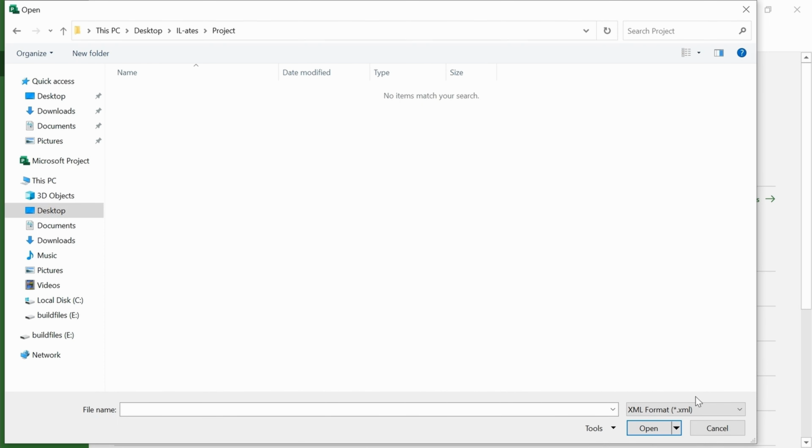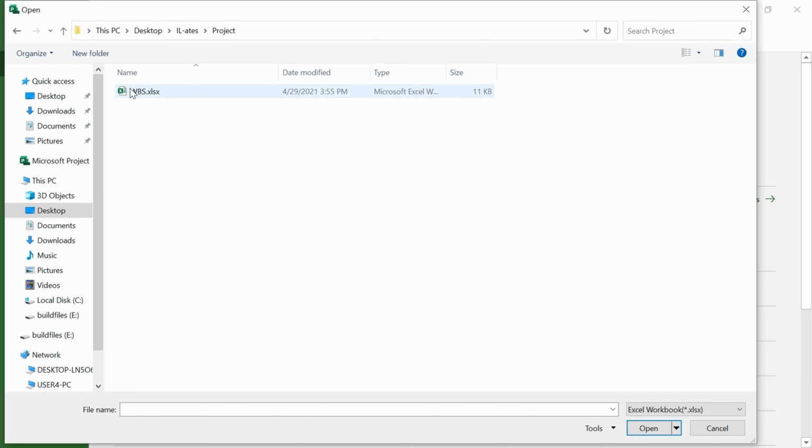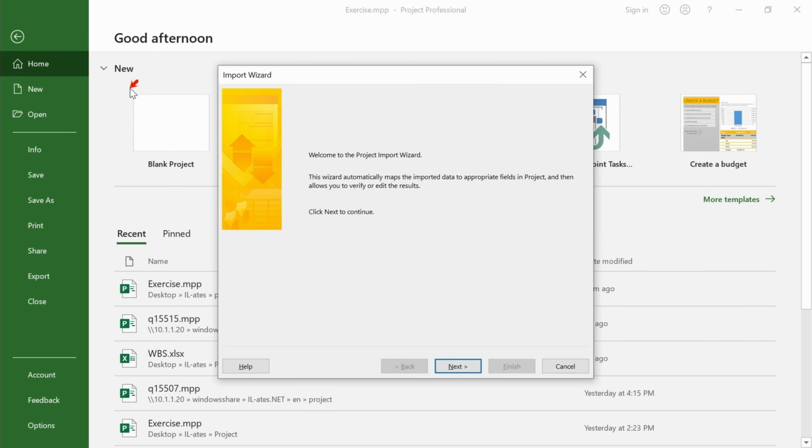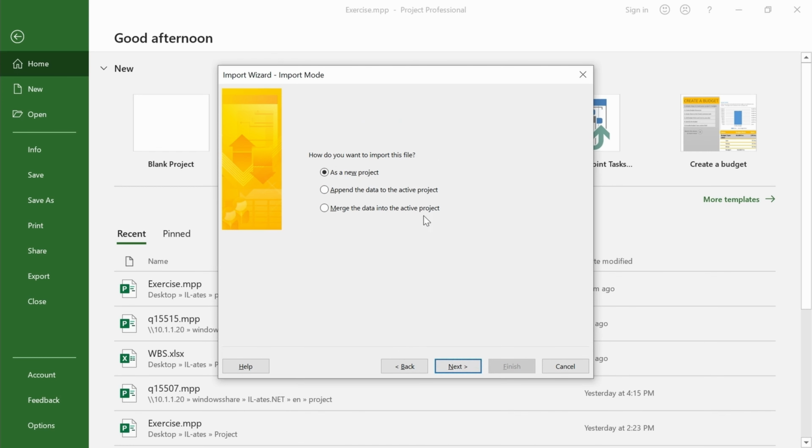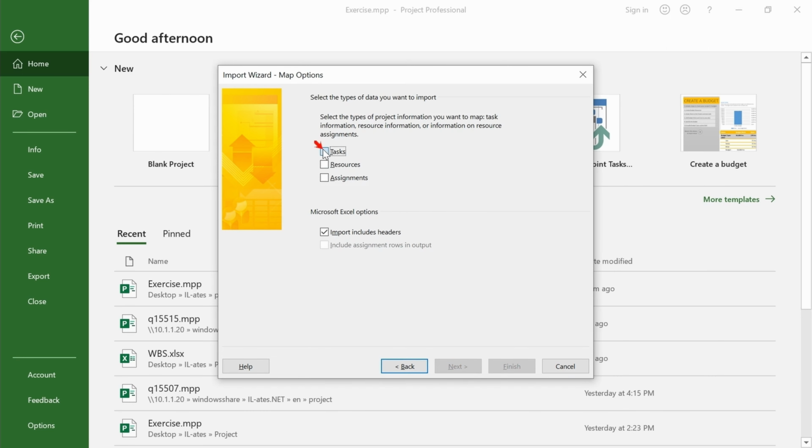From the bottom right, change the file type to Excel Workbook. Select the file and click on Open. Select to append the data. Select Tasks as Type and make sure that the checkbox Import includes headers is checked.